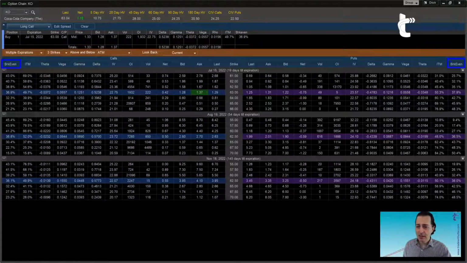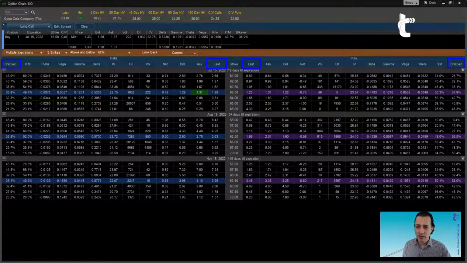Notice how what you have in the middle, which is the last price, is on the left for the calls, on the right for the puts. So for the call side and the put side, what's in the middle stays in the middle. What's in the extreme also goes to the extreme. So the call is all the way on the left for the break-even. The put is all the way on the right for the break-even. The call is all the way in the center for the last. The put is all the way in the center for the last. So you need to realize that.